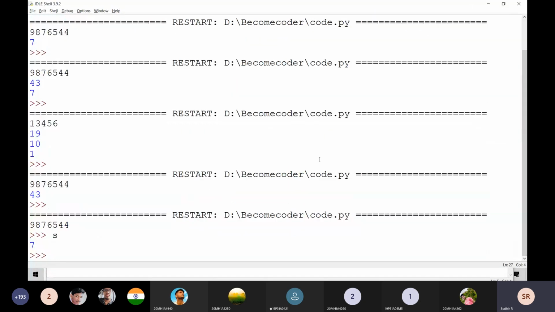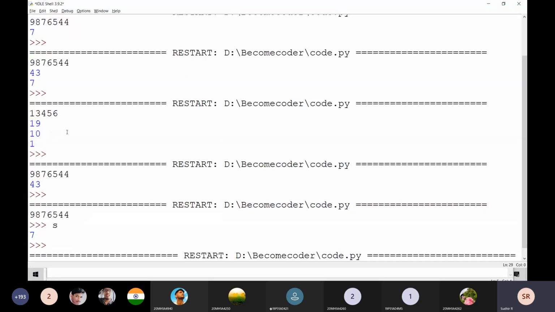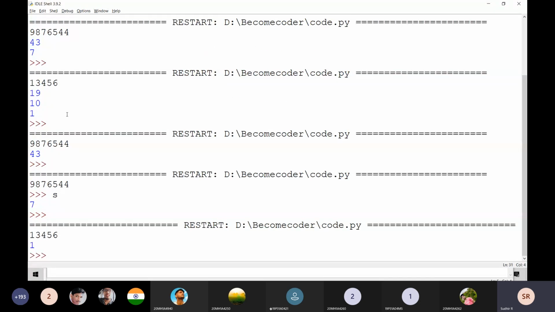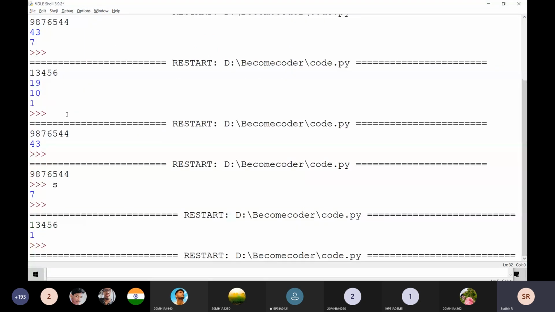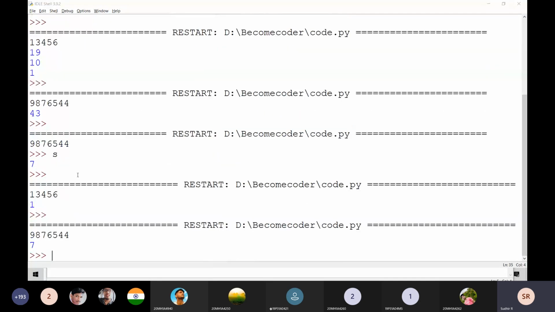If I print S, what is the S value? The S value is going to be 7. If this is the input, the output is going to be 1. If I execute it, the input is going to be 7.